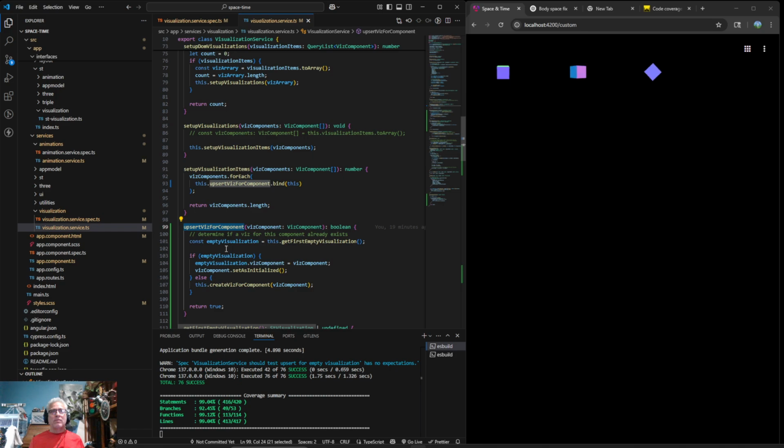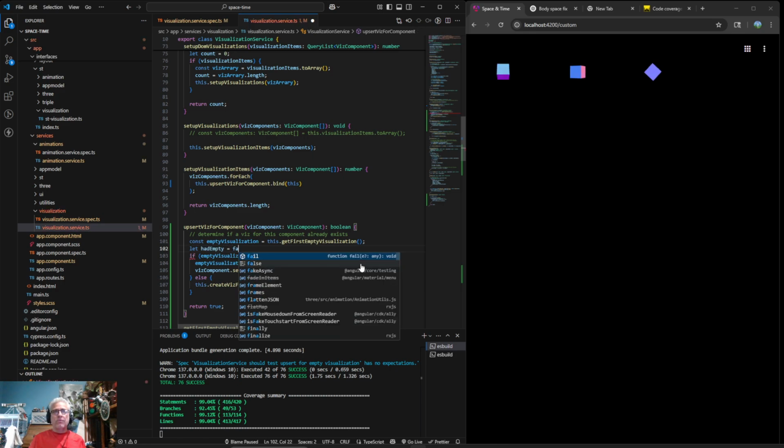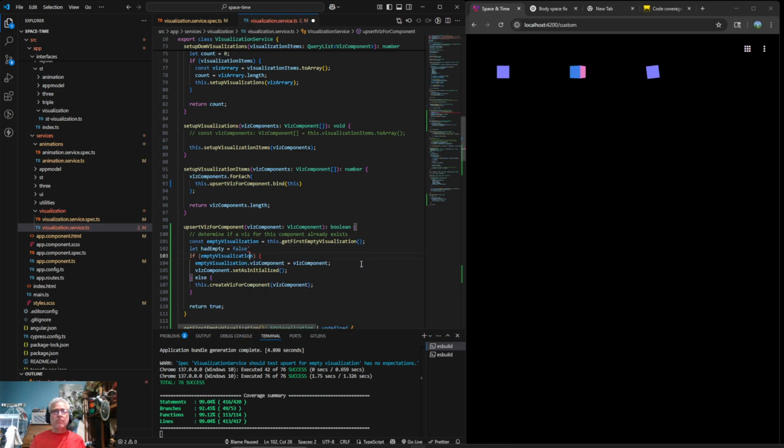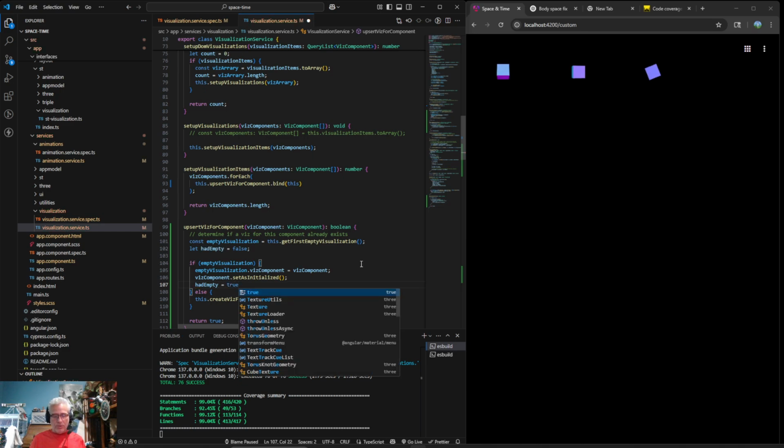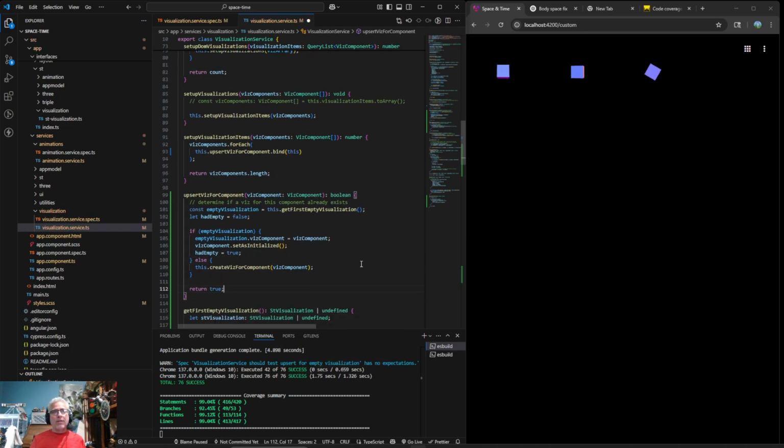Okay, so let has had empty equals false. And then I guess add a little space here, let it breathe a little bit, and then had empty is equal to true. And then return had empty.